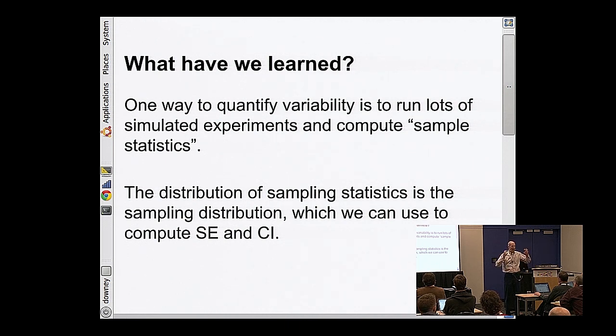One of them is how big my sample is, how many people I weigh, and the other is just how many times do I run the experiment. The sample size matters a lot. Your results are going to depend on the sample size. How many experiments you simulate is not an important number. That's just what we're using to approximate what the sampling distribution looks like. So if you want to crank that up to 10,000 or whatever it is, the distribution will get smoother, but other than that, it doesn't matter.